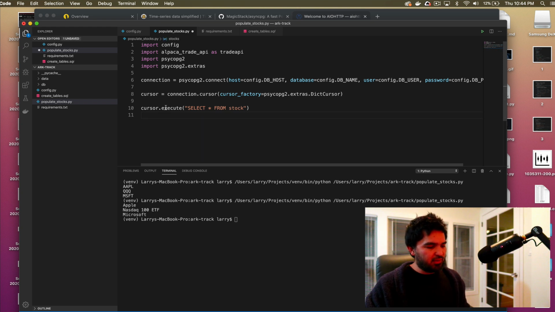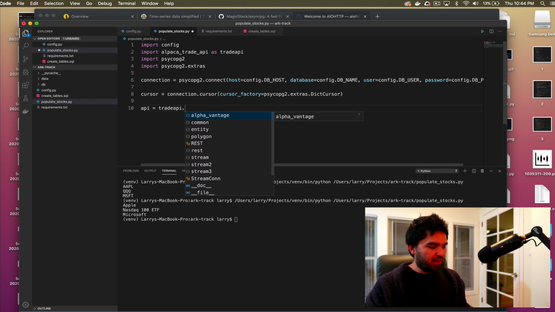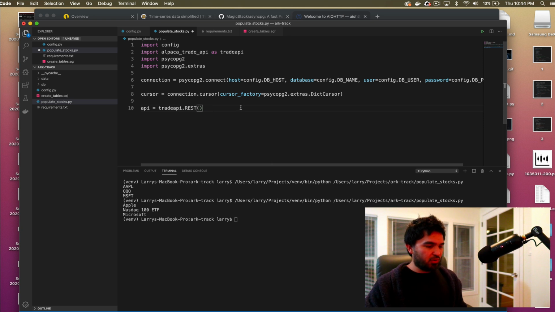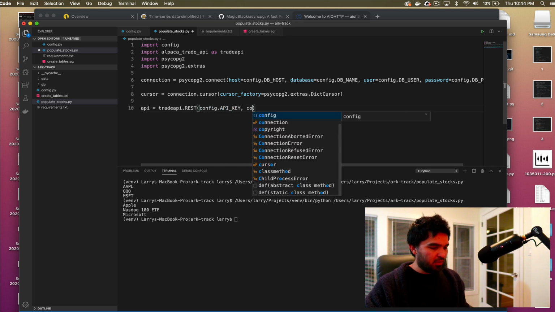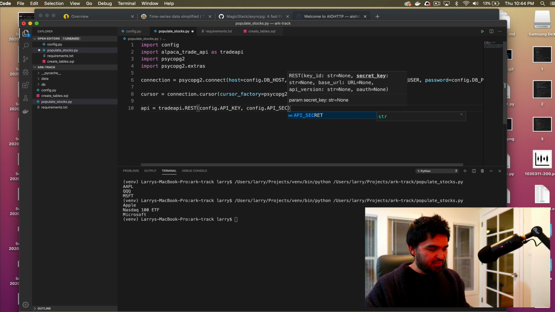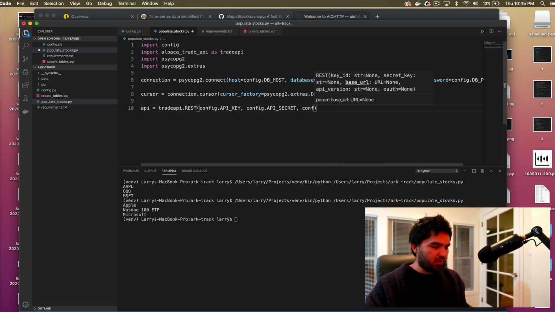And now I'm just going to delete this because we don't need it, right? So all we need here is the database connection, and what we want to do is connect to the Alpaca API. So we imported it as trade API, and so what we can do is just do our instantiation. So we'll do trade API.rest. Okay, so we're instantiating the Alpaca trade API, and then we just give it our API key, and then our API secret, and then we give it a base URL equals